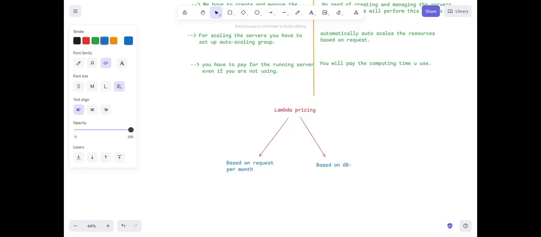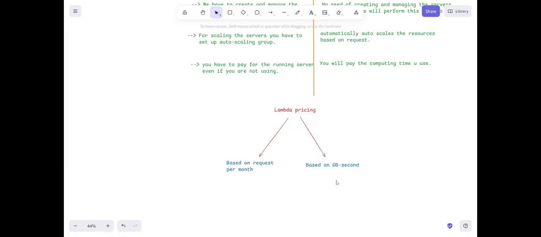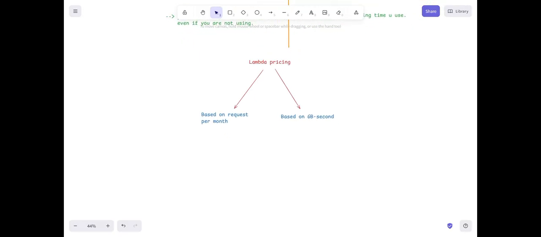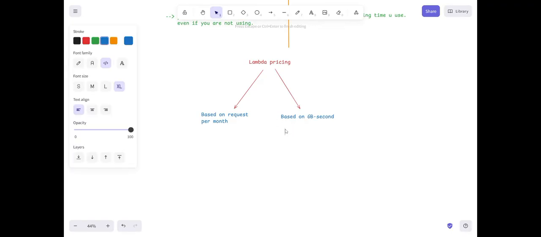Okay. So GB seconds is nothing but how much time it is going to use, for that much we are going to pay. They are going to generate the bill. And here one more thing, in this, based on GB seconds, for 4 lakhs of GB seconds it is free.